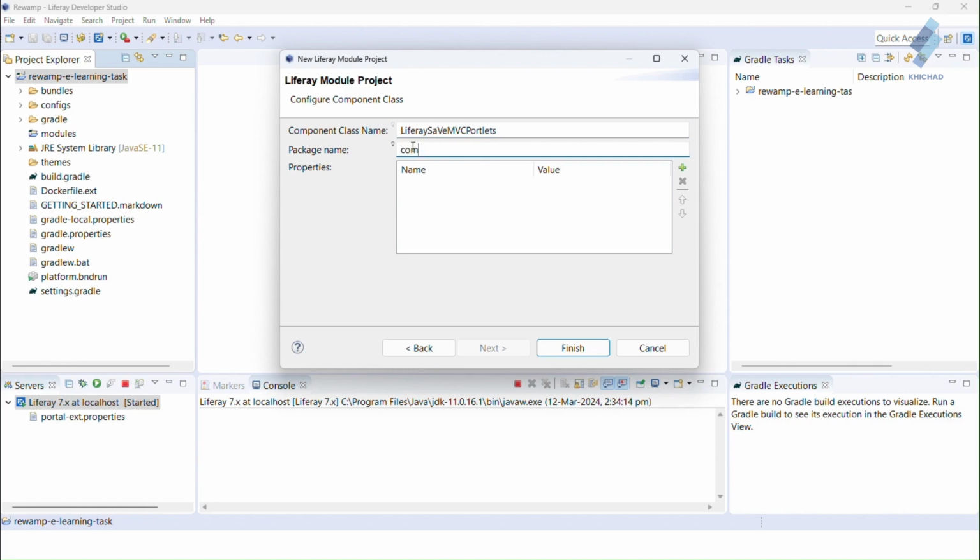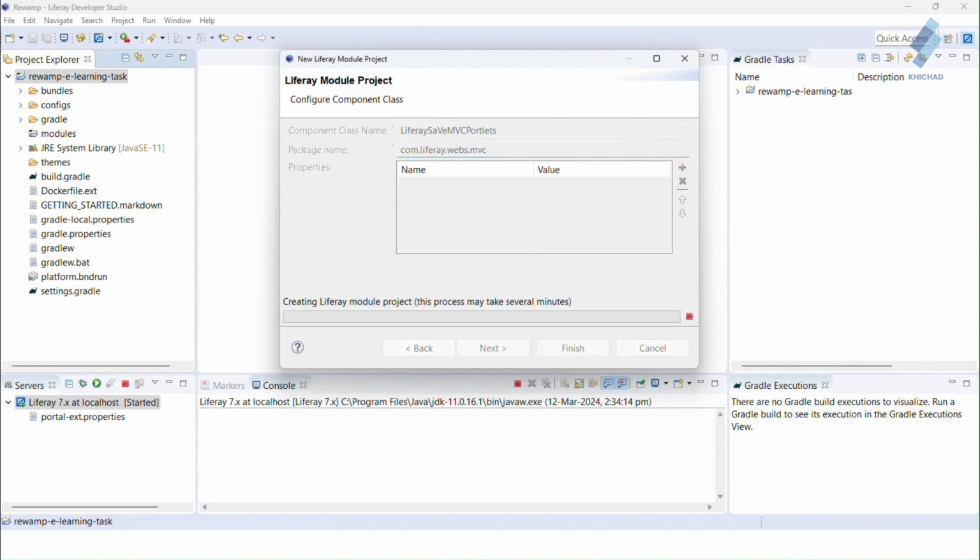So I give the name home.library.webapps.mvc, and click on Finish.